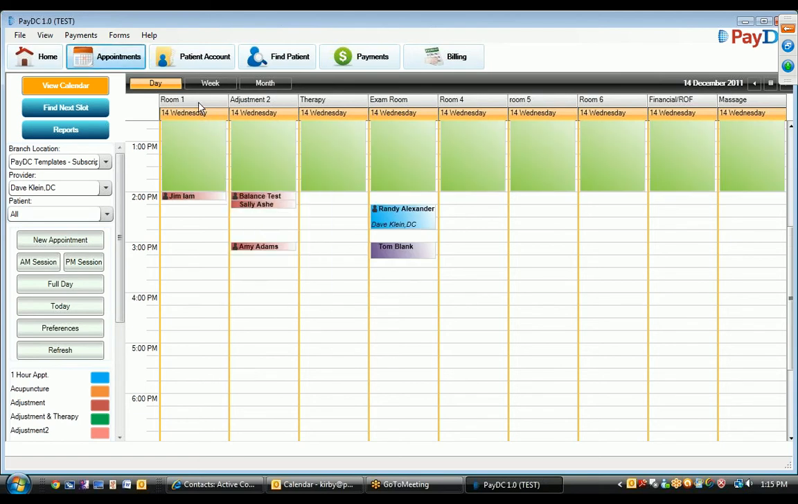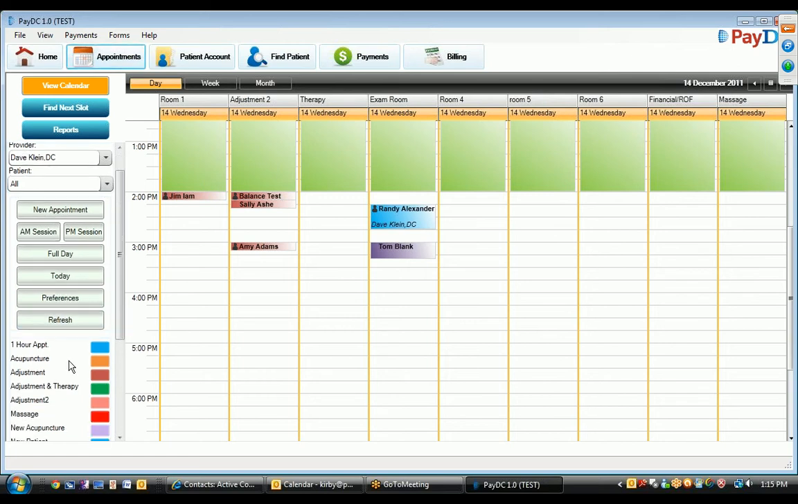So you can see at this top bar right here, you break it up according to zones or areas. So we have one room, one for some adjustment room, massage room. But again, that'll be however your office is set up. If you have separate rooms or separate tables, separate zones, you can break those up the same way. Down here you can see the colors,